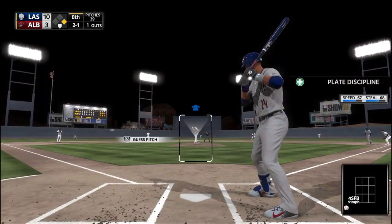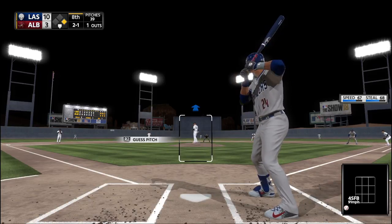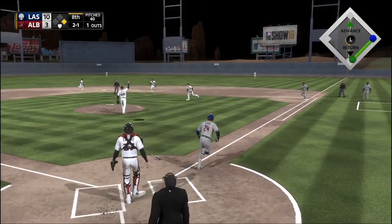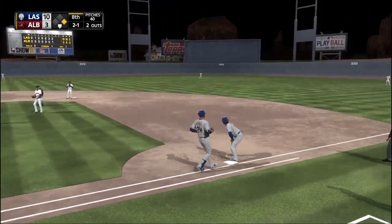With this one almost in the books, the story was clearly the long ball. What are your thoughts on this offense, fellas? Well, Matty V, I don't know what your thoughts are, D-Roll, but boy, when the weather starts to warm up and the ball starts jumping out like this, it's clear that the pitchers need to start making better pitches. Yeah, just great approach. No one really chased today. Really stayed staunch on